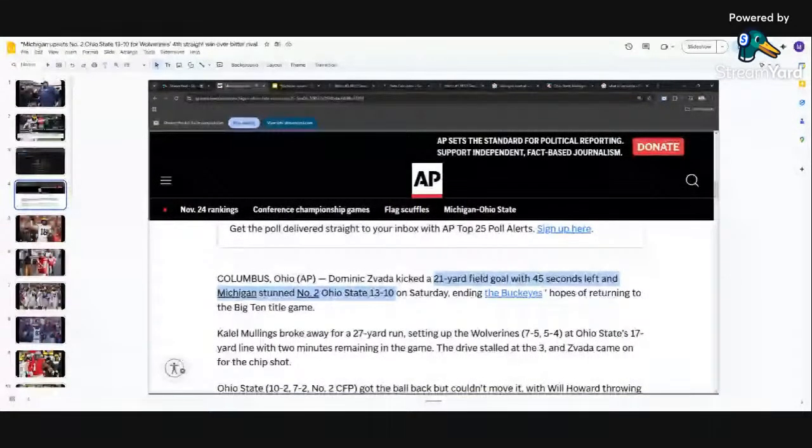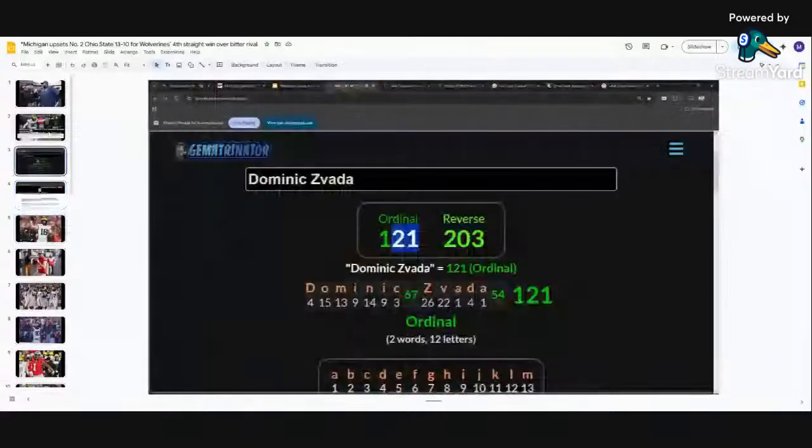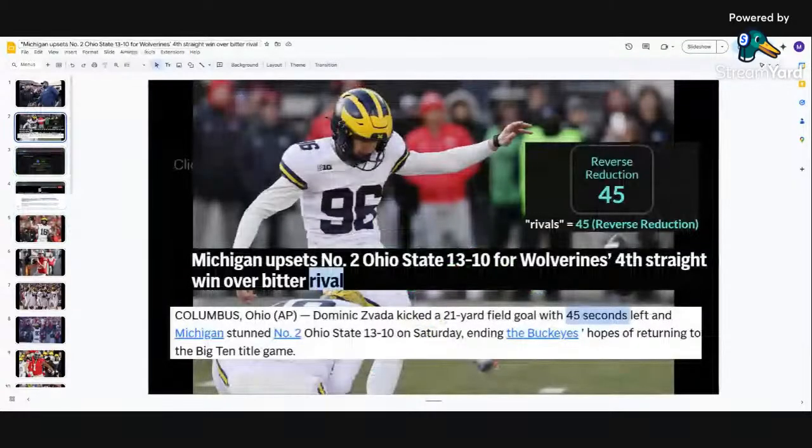But now we have a 21-yard field goal, okay? And with the next slide there, you see his name 121 and then the 203, like 23, 13 plus 10 is 23. Okay? So you see how simple that is, right?